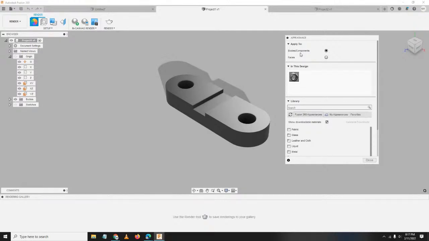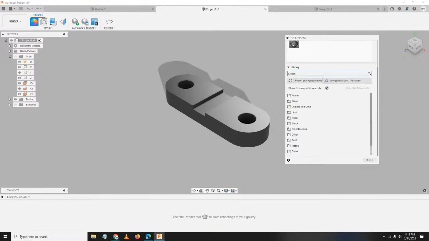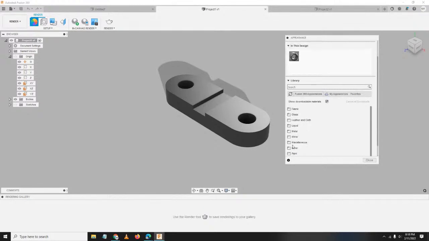In this design, default niya ay steel satin. Kung papalitan nyo, marami tayong option for material. May downloadable material. Meron tayong fabric, glass, leather cloth, liquid metal. Explore nyo lang itong mga folders na ito.